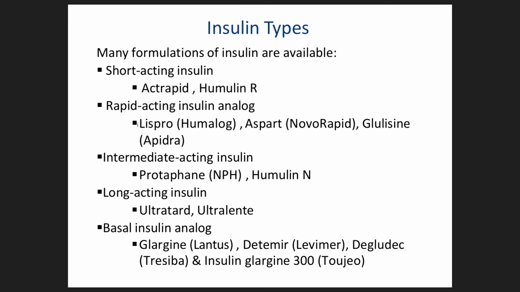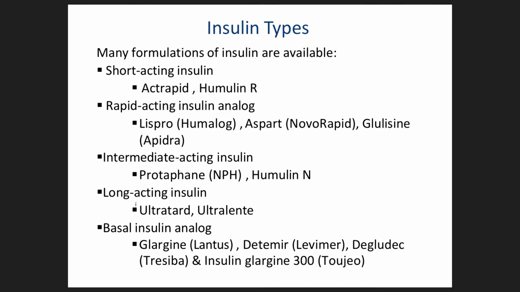Short-acting insulin and rapid-acting insulin are used as a bolus. So when treating a child or patient with diabetes, they should have 2 types of insulin. One is called bolus insulin. Bolus insulin is for food, for the meals, and the other type should be basal insulin. Basal insulin has nothing to do with food. It is for maintaining euglycemia between meals and during sleep.